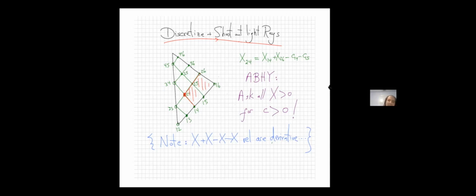The fact that with this definition, it turns out that X plus X minus X minus X is equal to one of these little meshes is a derivative fact. I mean, of course, you could start from that fact too and work backwards to see that you get the solution of the wave equation. But the point of view that I want to pursue here is that we just give the solution of the wave equation first, and everything else follows from that.